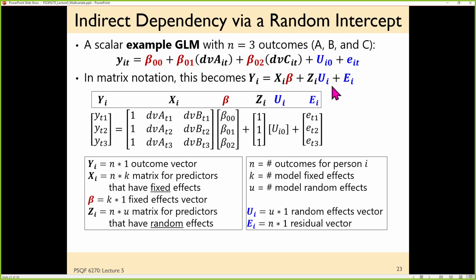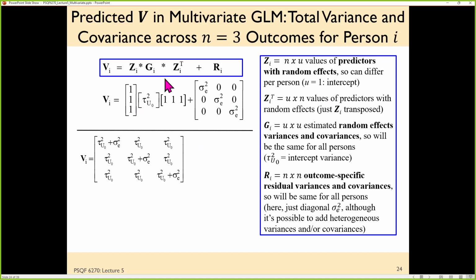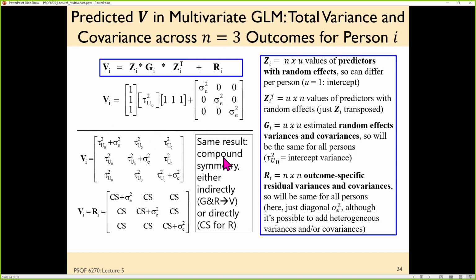So the total variability is spread across these 2 terms instead of one, ZU and E. The dependency is in the U part. If this model is correct, typically what we assume is that the E's are independent with constant variance, because the only reasons for that violation would be over in U instead. So it looks like this if you actually do the matrix multiplication properly. The U variance that's in G gets pre and post multiplied by Z, transposed, to make it the right shape to add to R, and then you end up with this thing right here, which is compound symmetry.